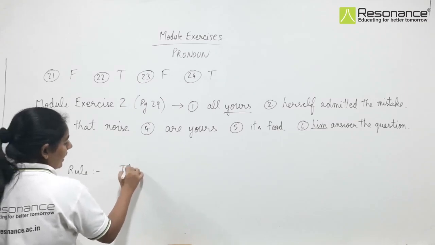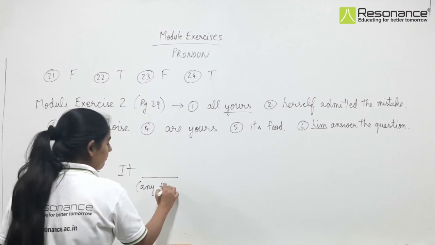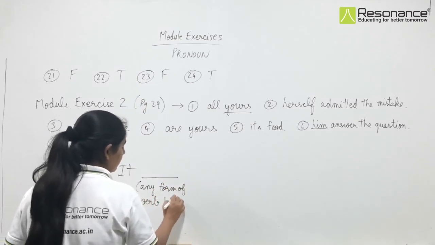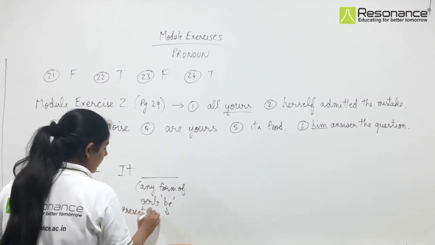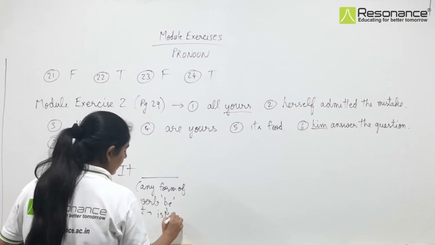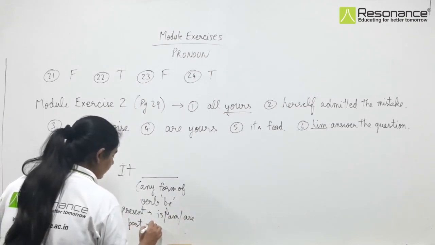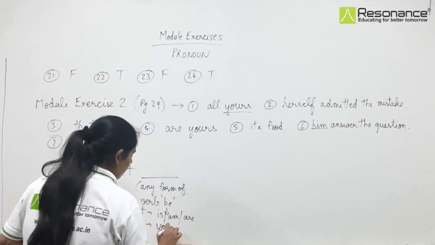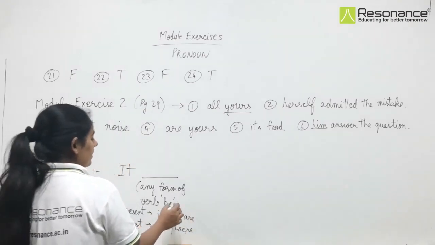Whenever after it any form of verb be is used, this is a rule of pronoun. be की forms क्या होती हैं? प्रेजेंट टेंस में तो हम बोलेंगे is, am, are, और पास्ट में क्या होता है? was और were, ठीक है, इनमें से कुछ भी हम यूज़ कर रहे हैं।